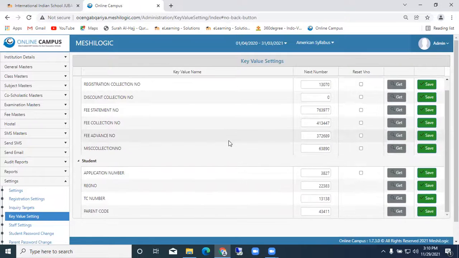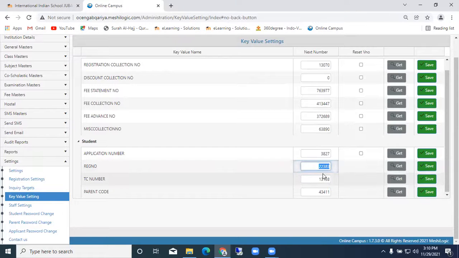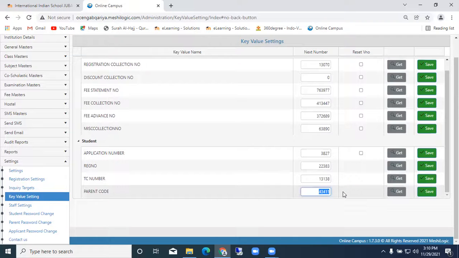Application number, like the registration number, TC number. This is the admission number, and this is the last number currently showing. As soon as you say the next number, it will automatically generate. TC number also is auto generated. This we can also set. Same like parent code also generated. I think we'll drop the call and join again, please.